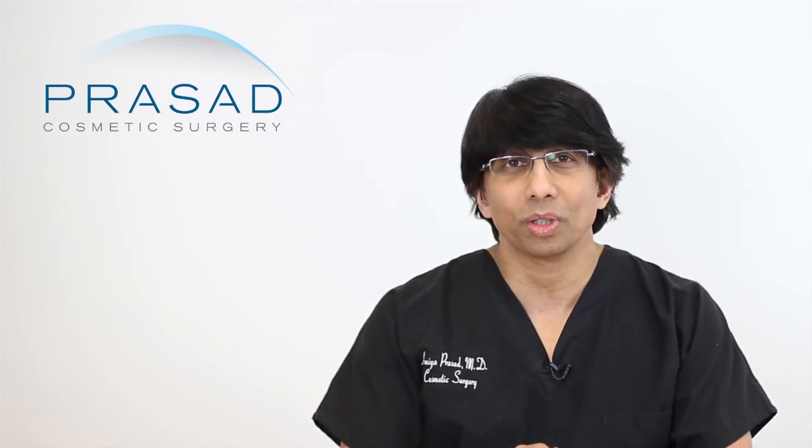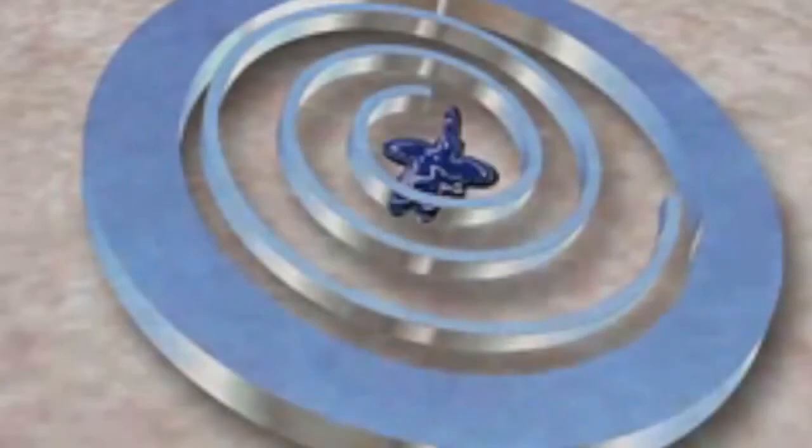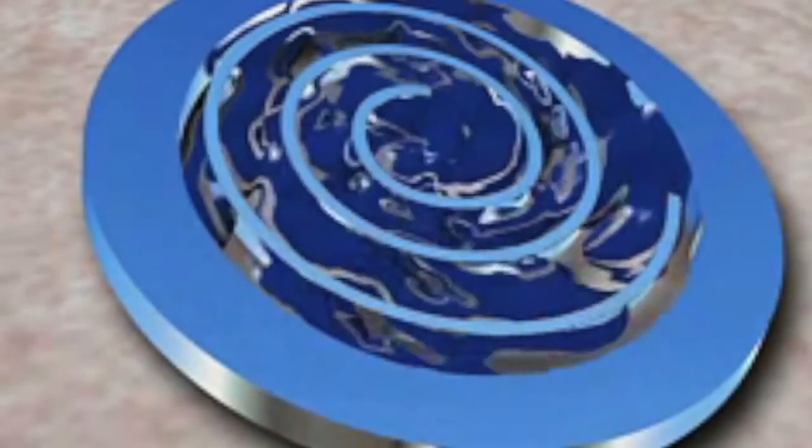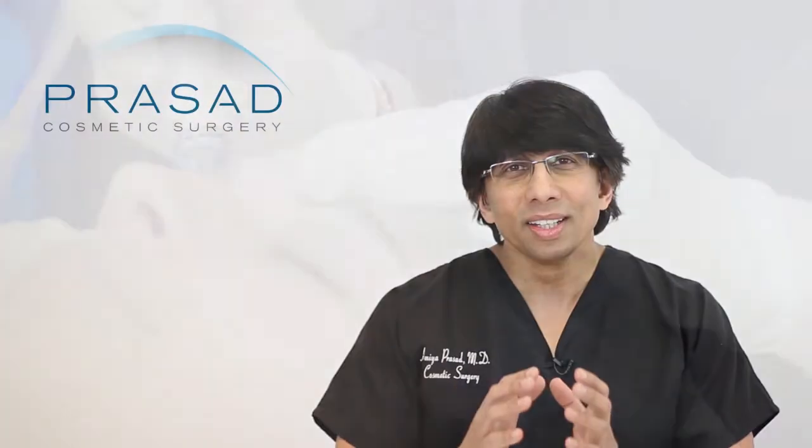In our practice, we use hydrofacial a lot, which is a device that combines microdermabrasion but uses water instead of crystals, and infuses glycolic acid and hyaluronic acid into the skin so that the skin has a very nice glow afterwards. So I think the take-home message is to understand the concepts of what will make an impact, figure